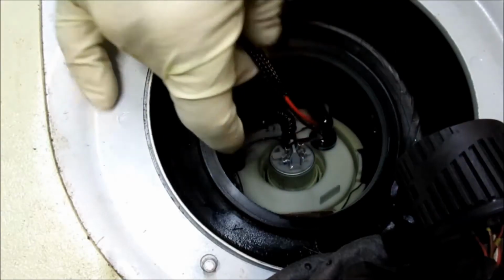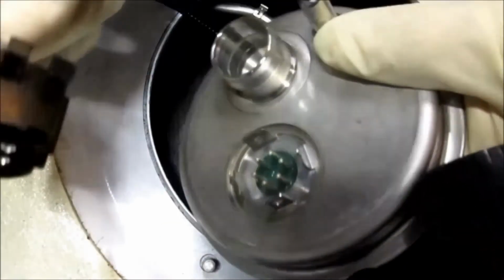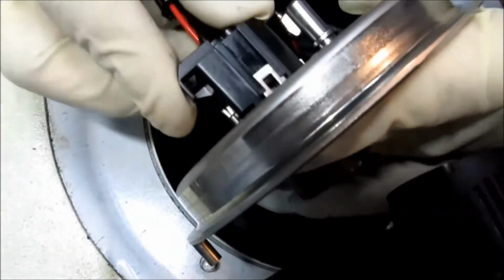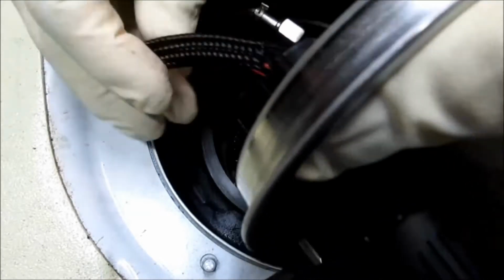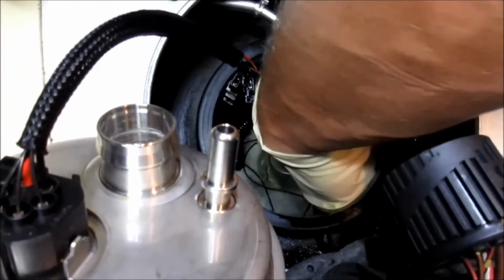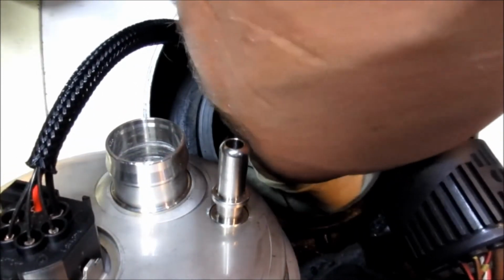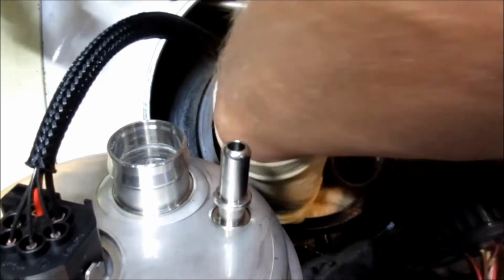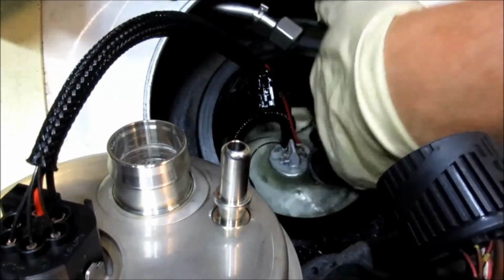Here comes the fun part. So we're gonna stick the electrical connector on. Lucky it only goes on one way. Okay, now we gotta fish underneath here and get the evap hose, which is right here now. I pushed it back up underneath